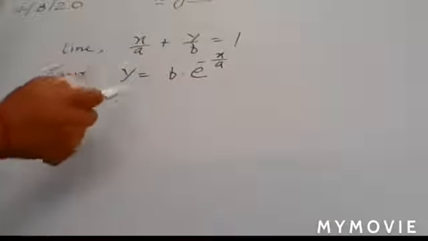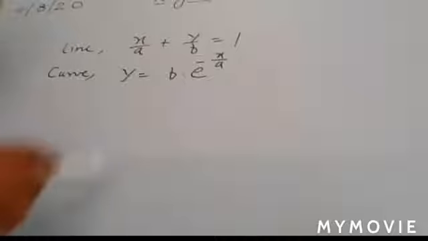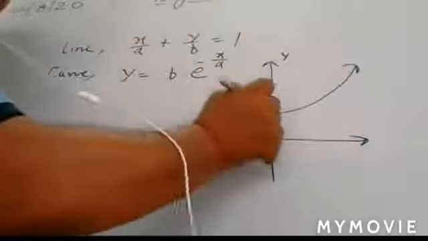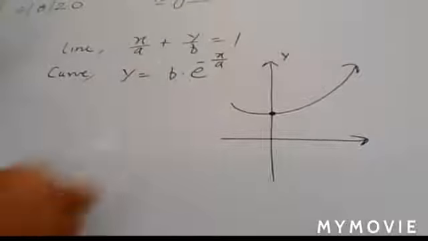Okay, so beta, understand carefully what the question is trying to do. Means here you have to show that this line is a tangent line actually. You have to show that this line touches the given curve at the point where it crosses the y-axis. So just build up the concept here. Suppose you have the y-axis, and suppose your curve is given like that. This is your curve. First of all, you have to find this point, the point of intersection of the given curve with the y-axis.